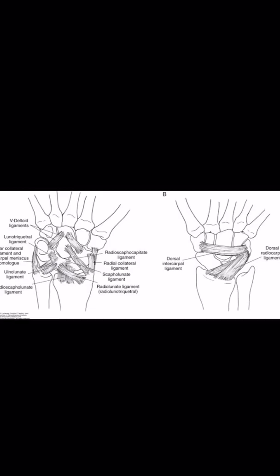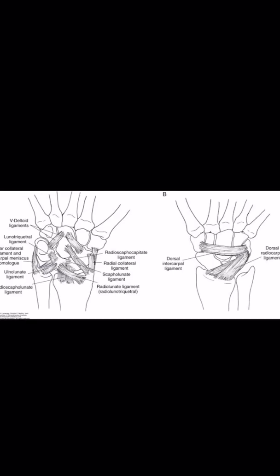That is not a true ligament, and it does not add any mechanical strength to the wrist complex. We have the short radiolunate ligament that stabilizes the lunate bone, and we have the volar ulnocarpal ligaments, including the ulnotriquetral ligament, ulnolunate ligament and ulnocapitate ligament. And the dorsal ligaments include the radiotriquetral ligament and dorsal intercarpal ligaments.